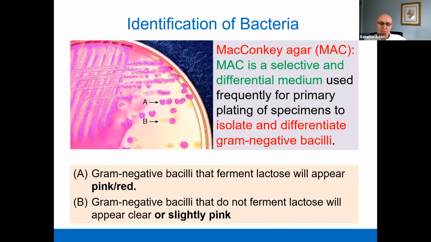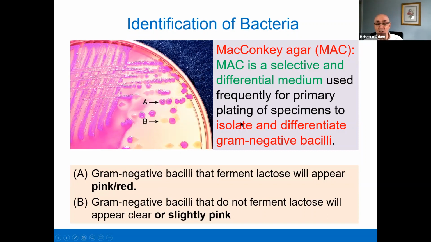There are several gram-negative bacteria. I mean, you have to differentiate gram-positive from gram-negative, but you also have to differentiate the gram-negative bacilli from each other. And as you see here, the MacConkey agar